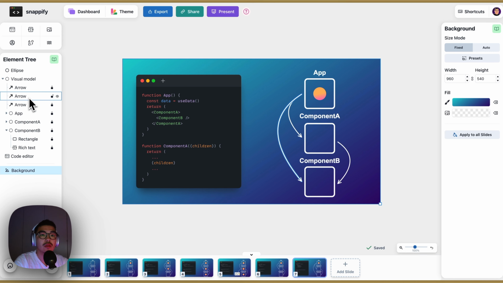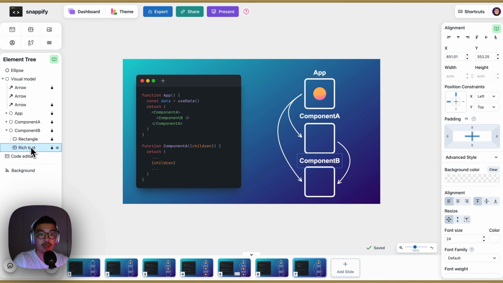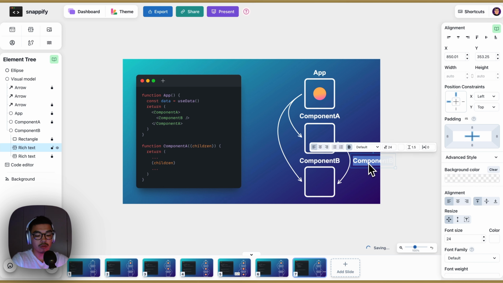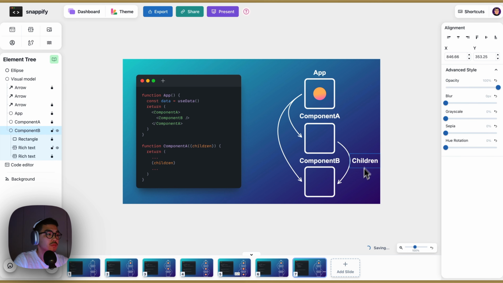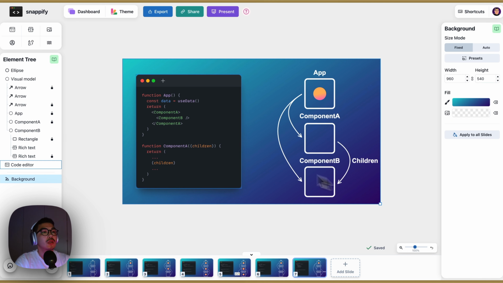And also we're gonna add a rich text. Let's duplicate this rich text, unlock it, and then what you can do is this one. So let's type children. So perfect. And now what we want to do in the 8th slide is that we move again a circle